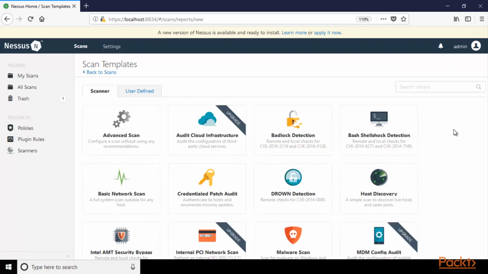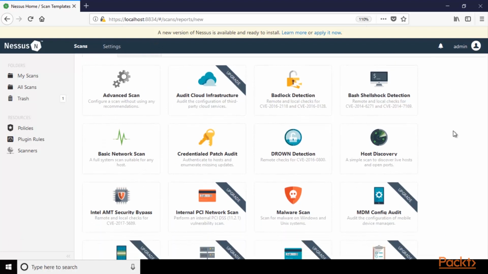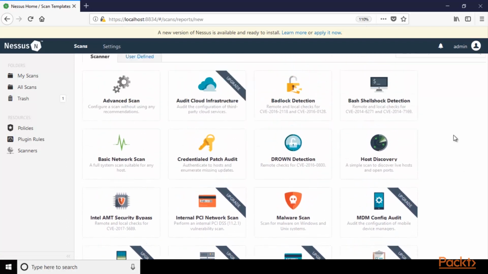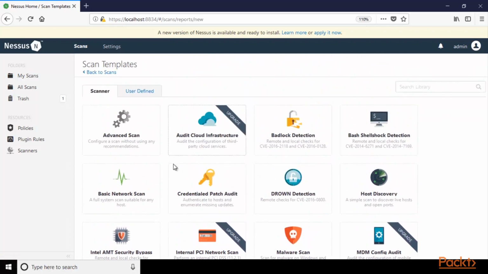Now you can see that these are all the profiles inside Nessus which can be used. Some profiles have Upgrade written on them. Upgrade means it is only available inside the paid version of Nessus, not available in the free version. So for a basic kind of scanning, I can try Advanced Scan here. So you can click on Advanced Scan